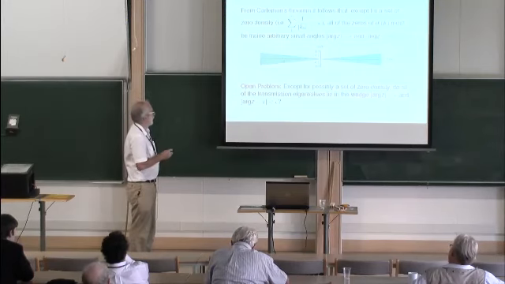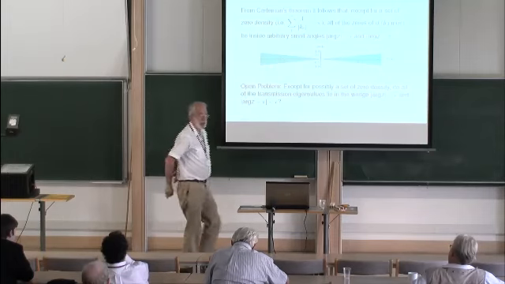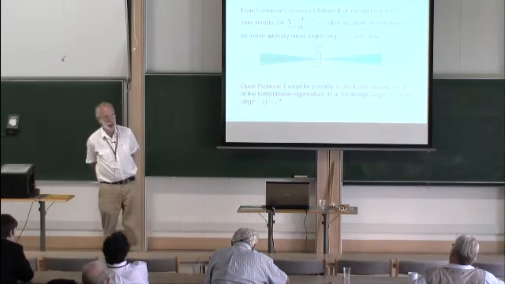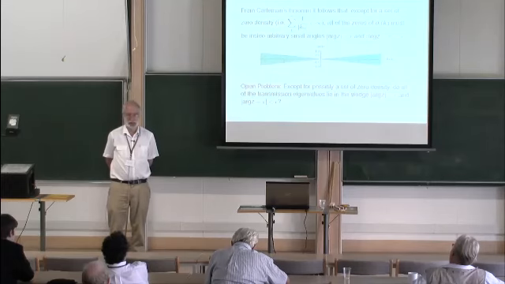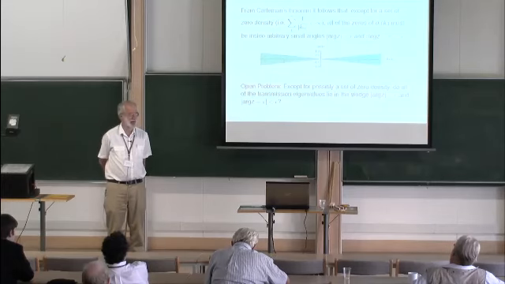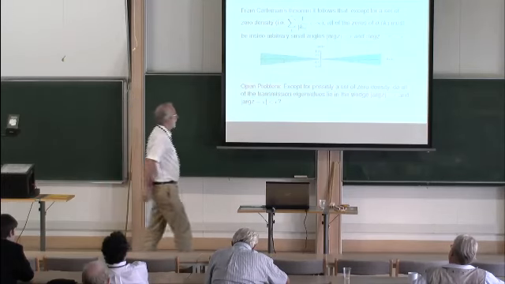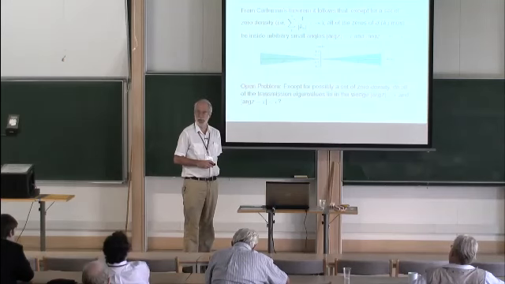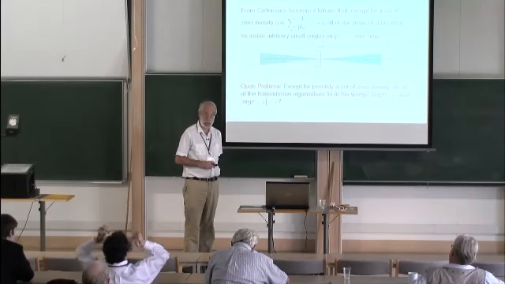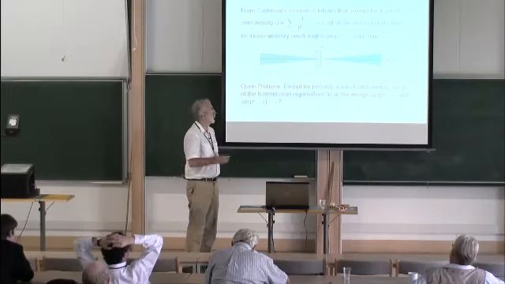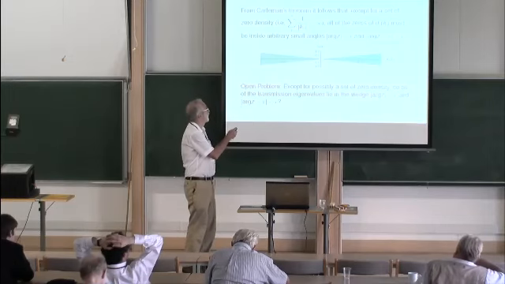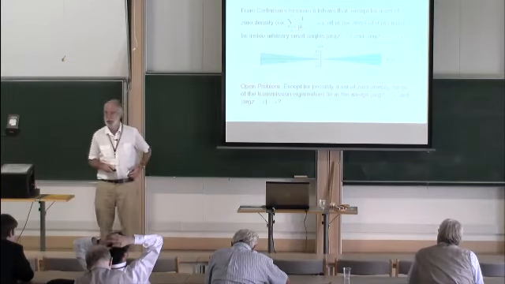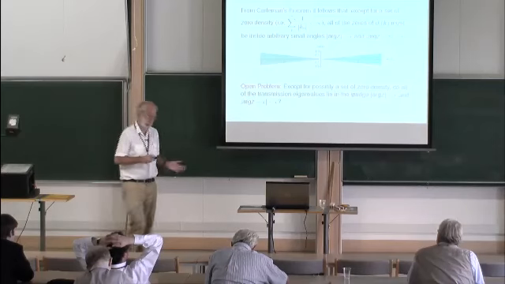So my guess is that's probably true, but I have no way of proving it, and again, it seems like it shouldn't be overwhelmingly difficult to prove, but I again leave that to you as an open issue. And of course, it's very much an open issue to ask whether that's true for the case when n of r is no longer spherically stratified. But it suggests that something like that may be true, except for a set of zeros, maybe they all lie near the real axis. That would be my guess at the moment, but I don't know.